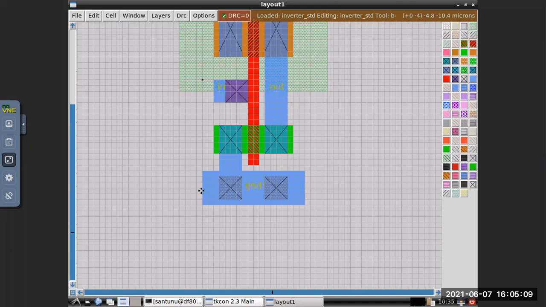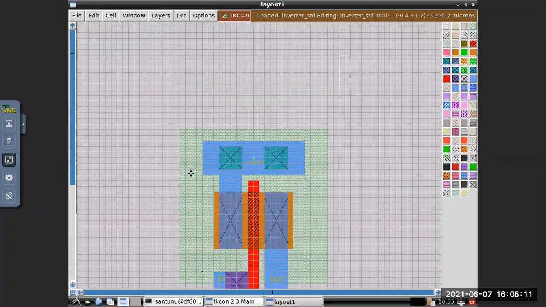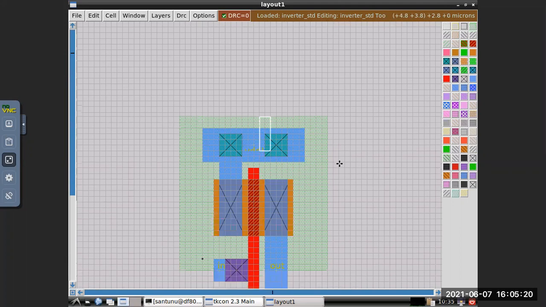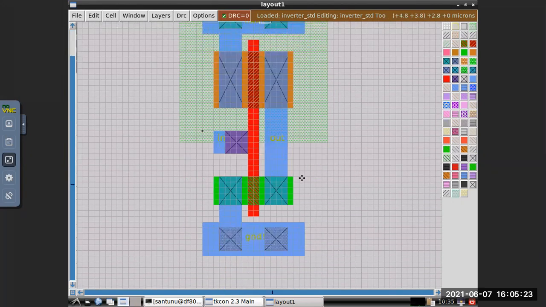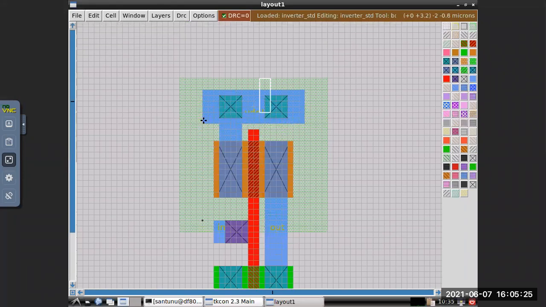So if you measure from this center to this center, that will be 7.8. Okay, 7.8 micron. And if we make that PR boundary from here to here, this is a 0 and this is 3.6, by 7.8.